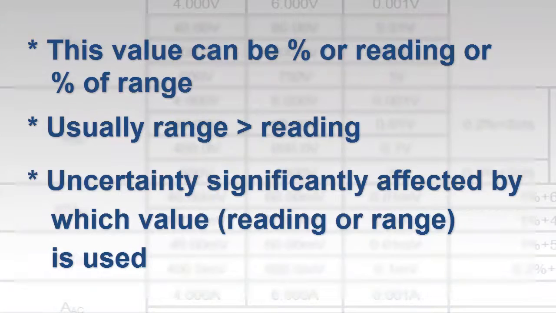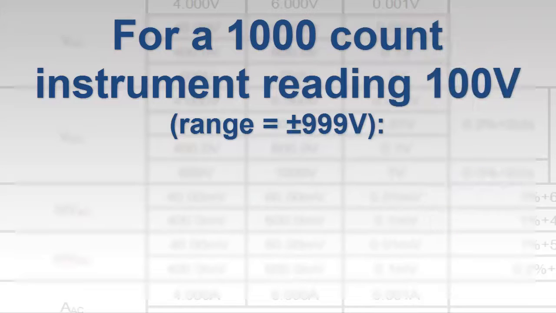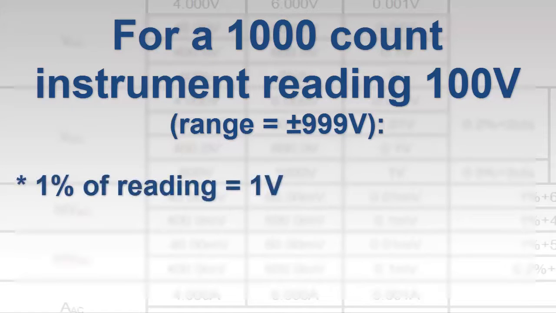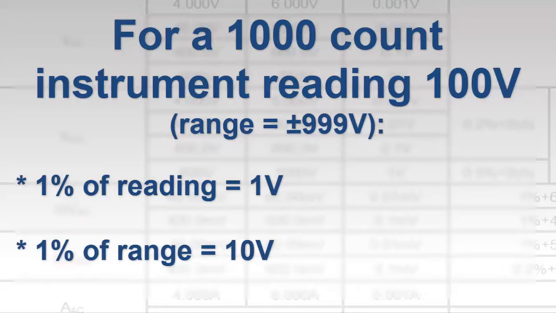Uncertainty can be significantly affected by which of these values, reading or range, is used in the calculation, since the reading is generally much smaller than the range. For example, consider a 1,000 count digital multimeter displaying a reading of 100 volts. 1% of the reading would be 1 volt, while 1% of the range would be 10 volts. So be sure to check whether the percentage applies to the reading or the range when comparing specifications of different